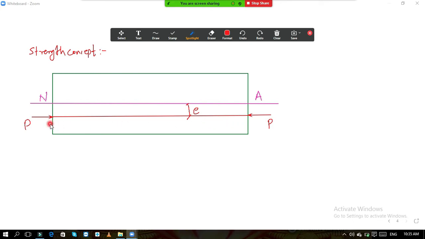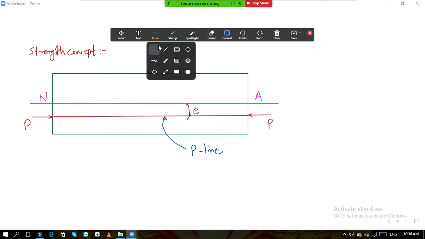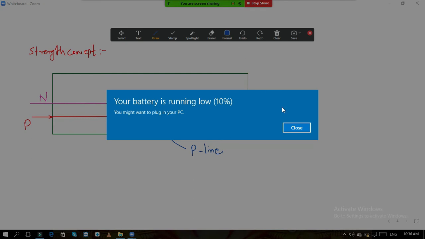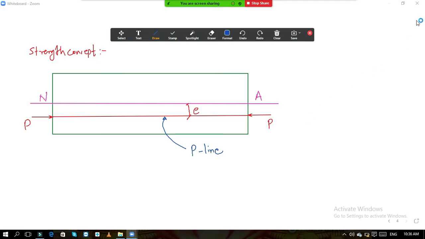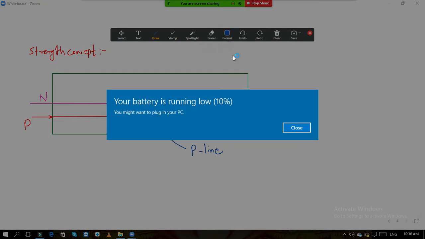Now this tendon line is called the P line. Listen carefully. Why is it called the P line? The stressing force is there on this tendon, so this line is called the P line. And there is one more imaginary line, which is called the C line. Suppose right now that imaginary line is at this point.